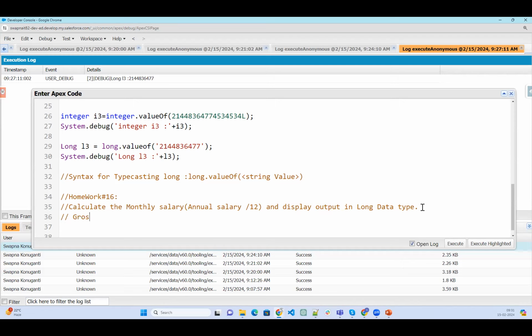Yes, so you need to declare the gross salary, HRA, medical, insurance, transport allowance, and Provident Fund, which is PF, and then you will have an income tax. These values could be an integer or could be a decimal.